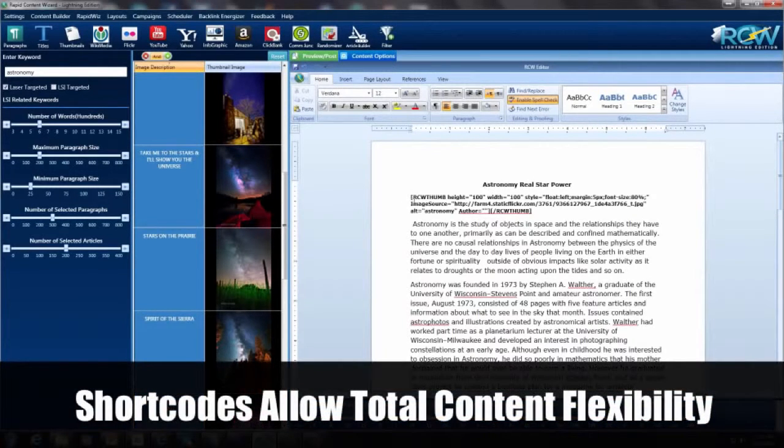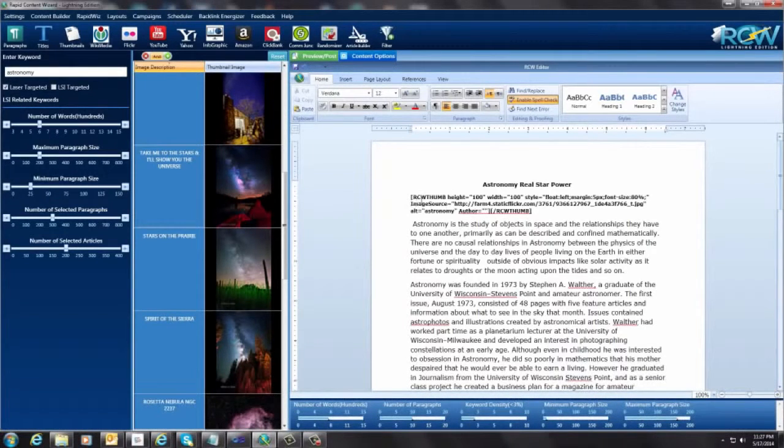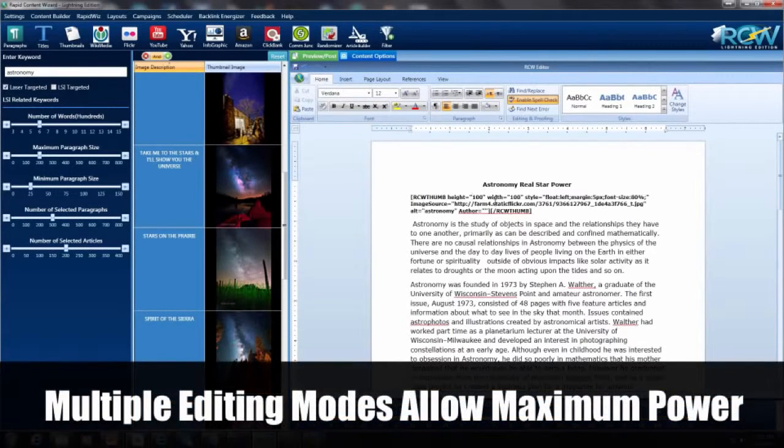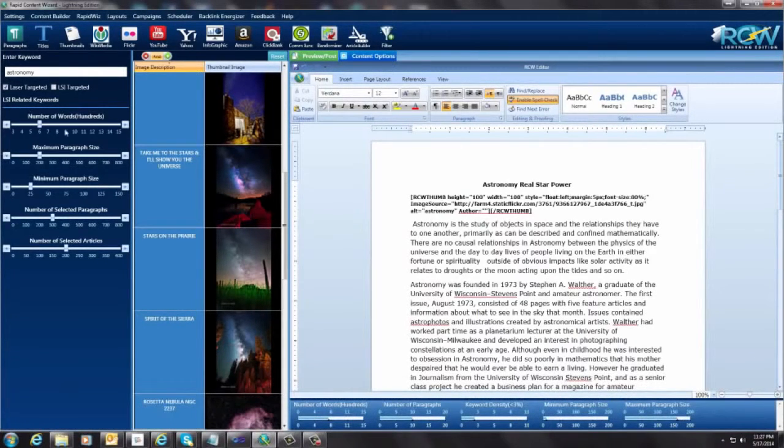And you may be wondering what this notation is all about. Well, this is called shortcode, and I'm going to show you in a minute how this will be rendered so that you won't have to look at this. But we do this because this is a word editor and it doesn't display HTML, just so you know. So let's keep going here.